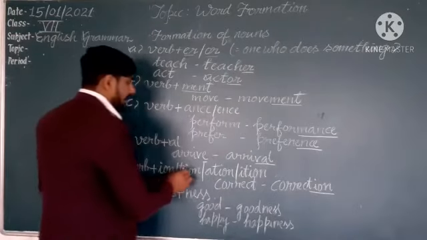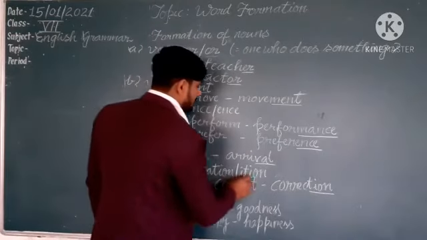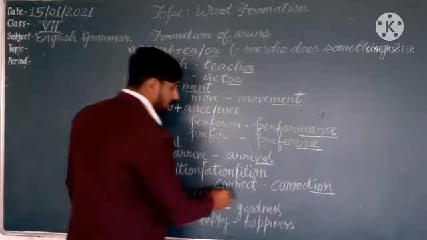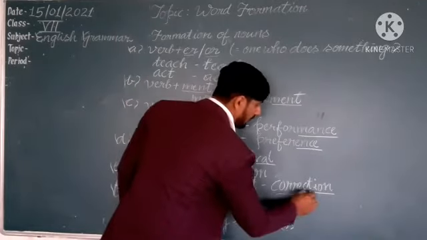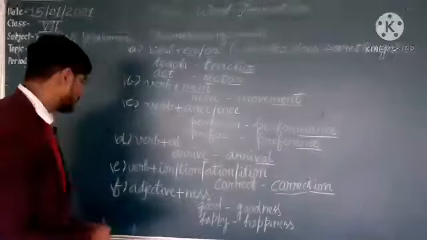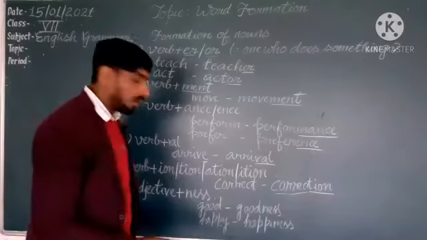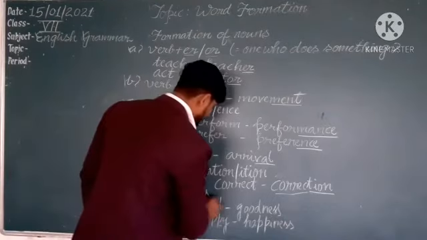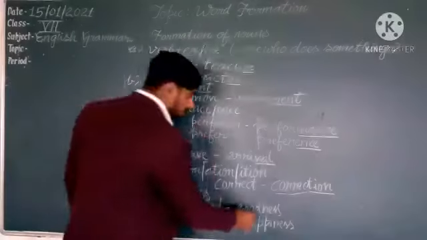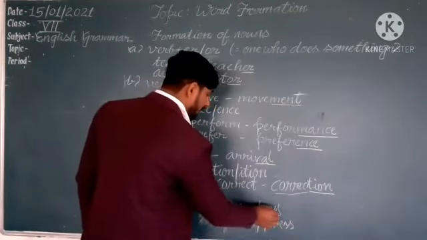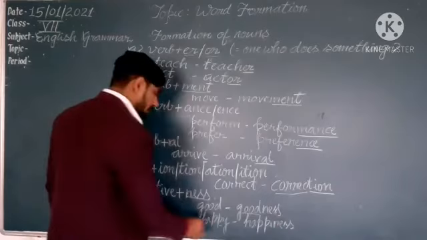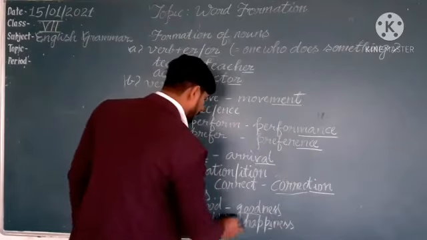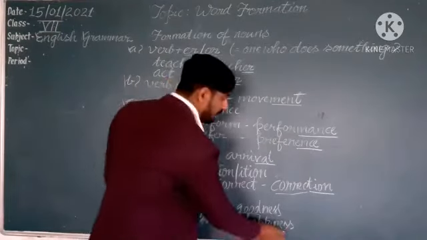Verb plus ion, tion, ation, ition, we are using here to make a noun. Correct, the word is correct. Afterward to the word correct we are adding ion, and correction. Afterward we are going to form nouns by taking adjective plus ness. So good plus ness. Good is an adjective, by adding ness it becomes a noun. Happy, happiness, we are adding here i-n-e-s-s. In place of y we replace y and include i-ness. Understand?